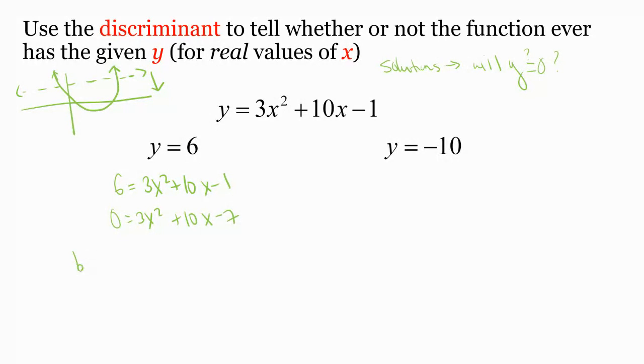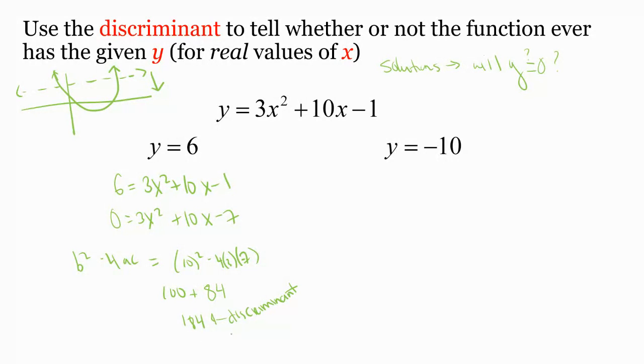Okay, so discriminant reasoning, b squared minus 4ac. So I've got 10 squared minus 4 times 3 times negative 7. That's 100 plus 12 times 7, which gives me 84. Right? So 184 is my discriminant. So using discriminant reasoning,